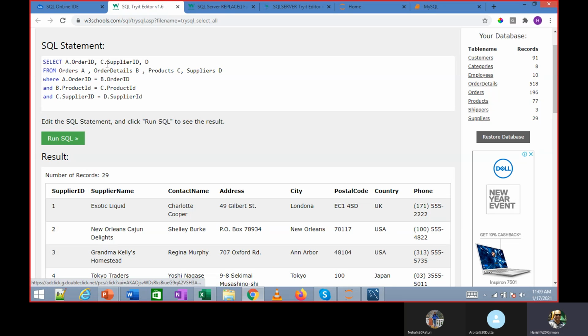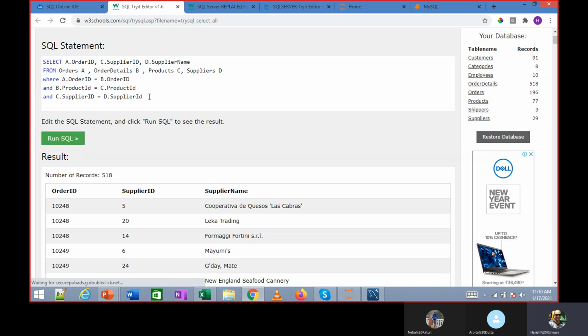Sir, the letters A, B that you're giving, why are we giving them? It's so as to give them a column, like we have to join them. What is it for? If I don't give this name, I'll have to write it this way, orders dot order ID, because both the columns have the same column name. Both these columns have the same column name. If I see orders, it also has order ID. Order details also has order ID.